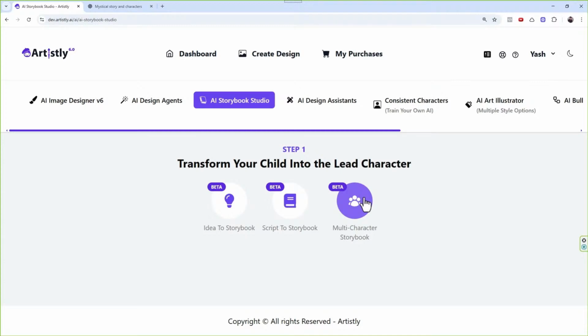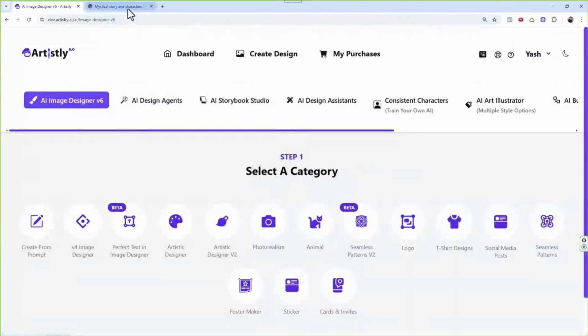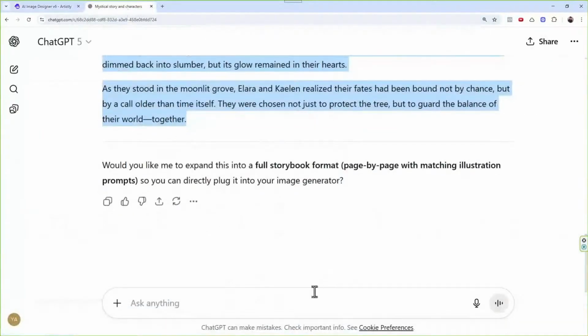So what do you need to do first? You need your character images and your story. We're going to take help from ChatGPT and ask it to give us a story and the characters. If you have any idea, you can just give it, and it will throw a bunch of different examples and ideas, and we'll play with it. Let's go to ChatGPT, and as you can see, I'm already playing with it.